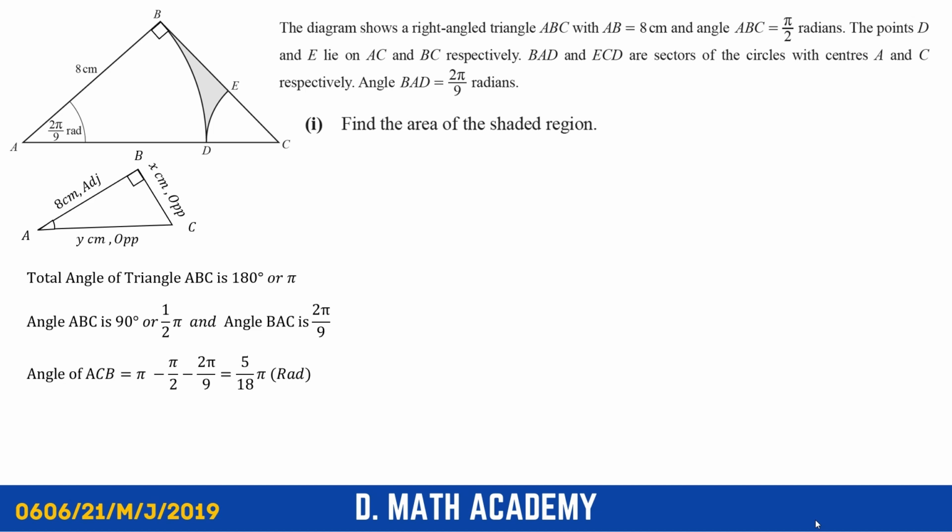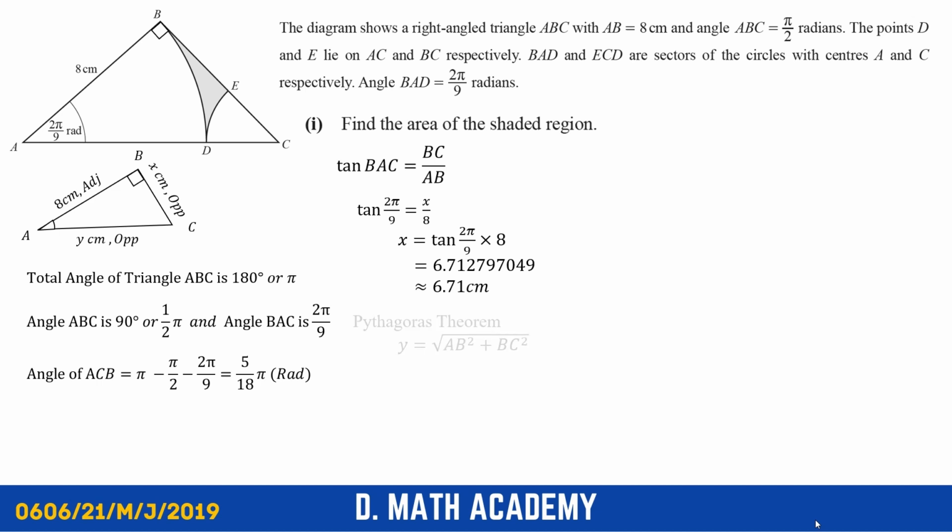Next thing that I did was to identify BC's length, by using tangent BAC equals BC over AB. Run the calculation, then you get it as 6.71 centimeters. With this being said, I'm utilizing Pythagoras theorem here because the base squared plus the height squared equals the hypotenuse squared, which is AC here. So AC will be